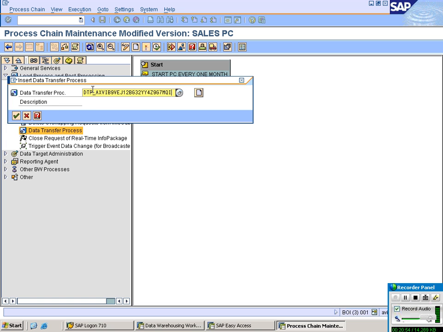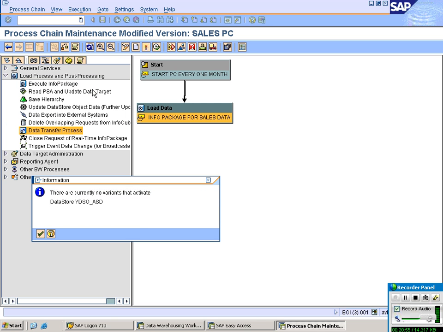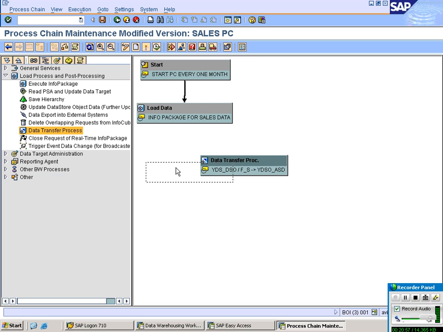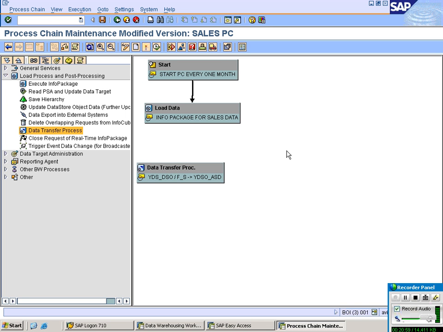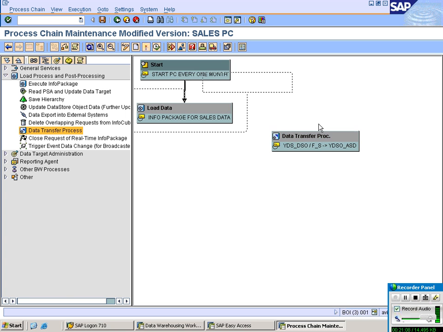Okay, just paste your DTP name here. Continue. So when does it have to be done? Is it after starting the chain or after the info package? If it is after starting the chain, you have to drag a link from